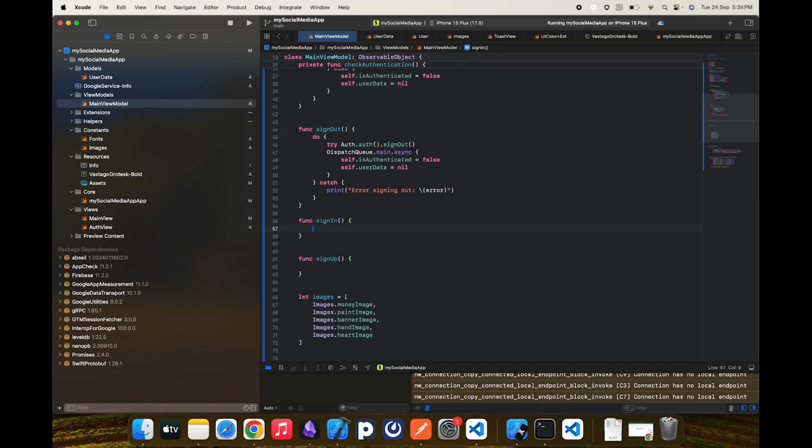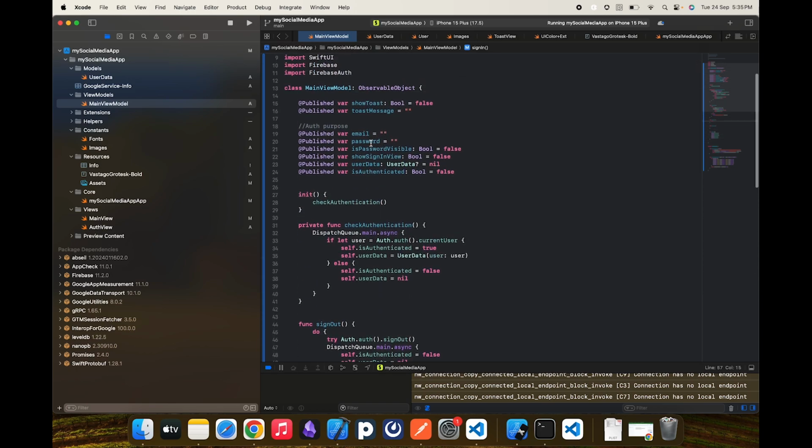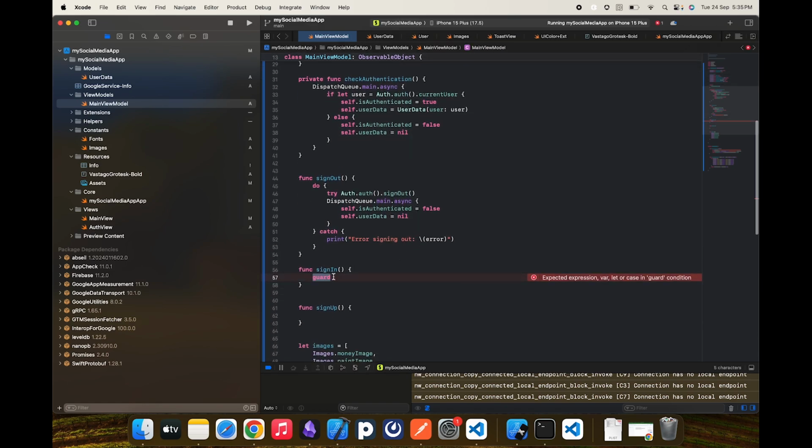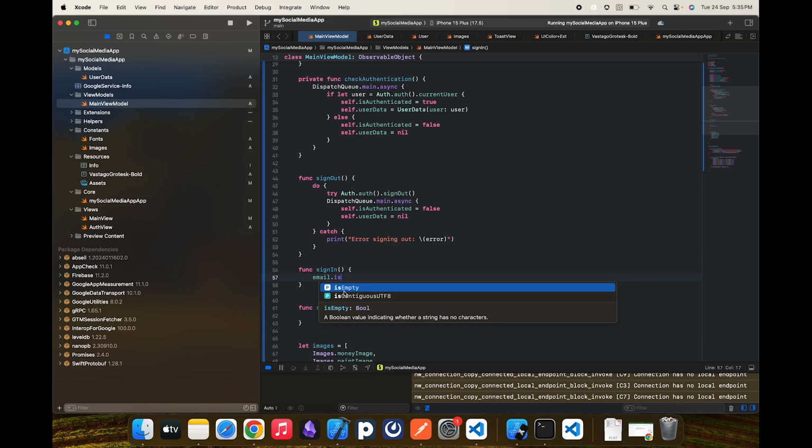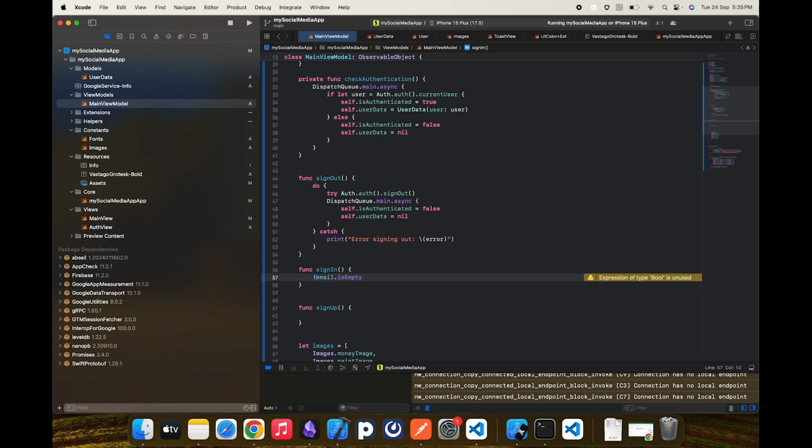The very first thing we would need to do is check whether our email and password properties are empty or not. There's this functionality given by Swift itself, and it goes on to any string or an array also, which is isEmpty. So isEmpty is a boolean value indicating whether a string has no characters. So this simply means that the email is empty. We need to check that the email is not empty. That's where we are using